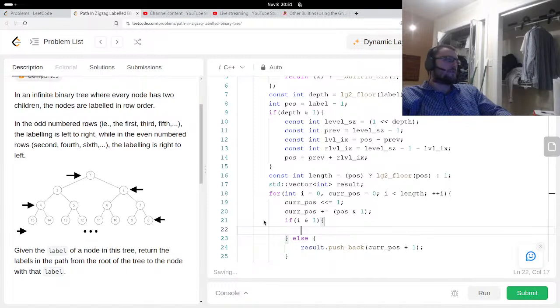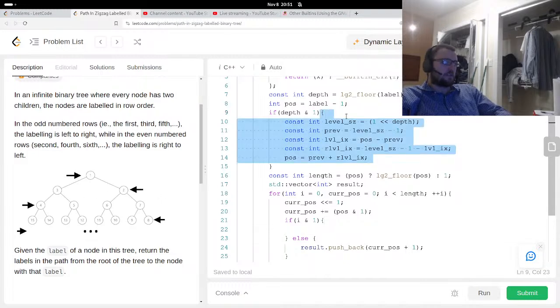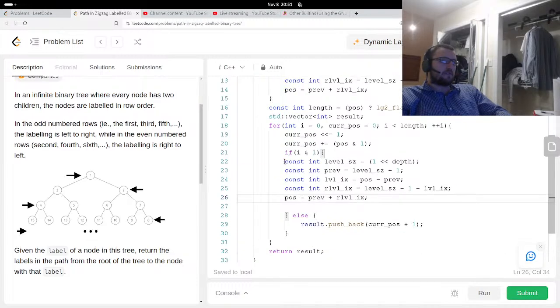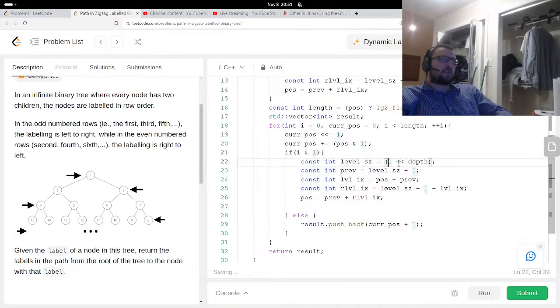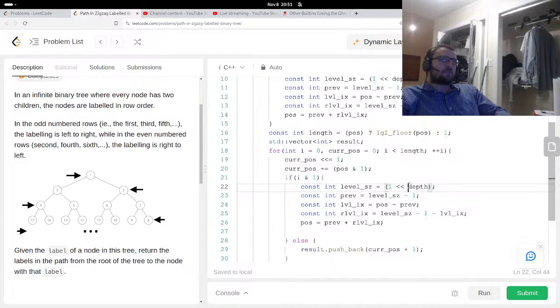If it's 0, we do the other thing, right, which is this. But if it's a 1, then we get to perform the adjustment, right, which basically means we do the same kind of adjustment we did here, which is get the level size, just 1 shifted to the left by i, which is the depth. Then we say take the previous amount, which is level size minus 1, get the level index, which is going to be our current position minus the previous value, get the reverse level index, level size minus 1 minus the level index, and then we set the current position,